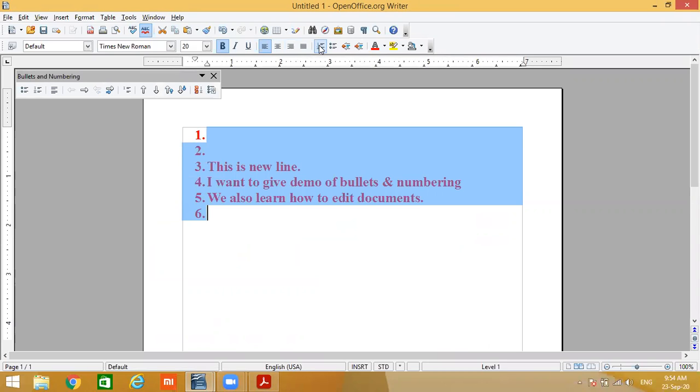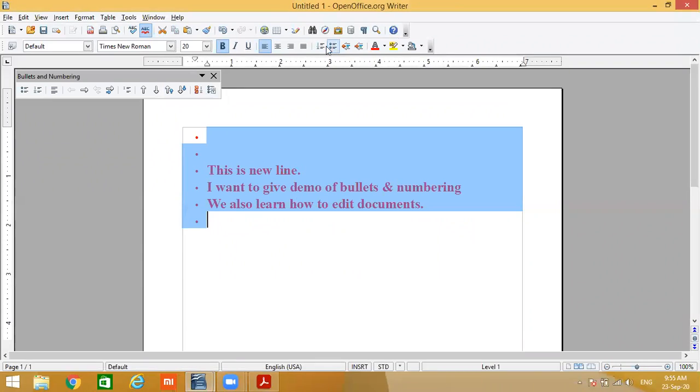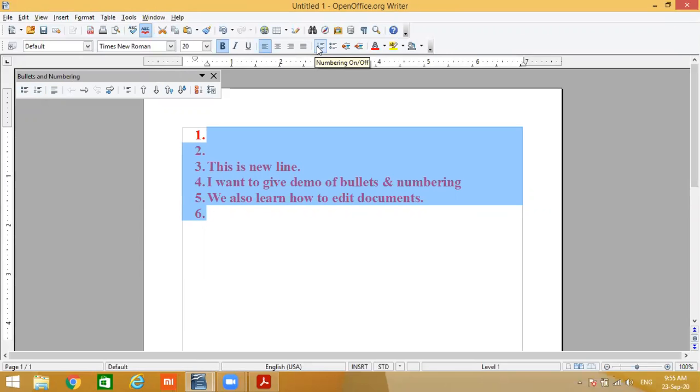If you click here, the number will come. See, this is the number. Bullets on, off. Number on, off. Now numbers are off. See, here are bullets. Bullets on. So this is a bullet style. When you select bullets, the bullet bar will come. When you select number, the number bar will come.